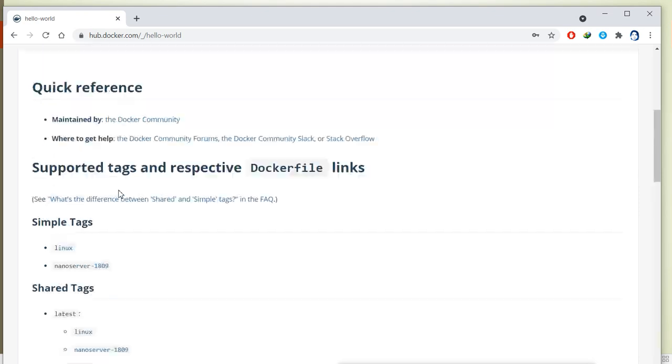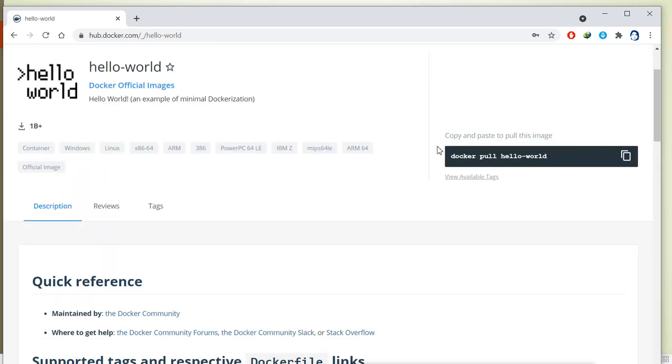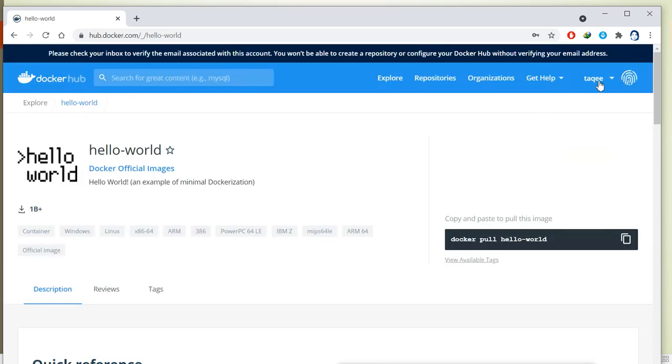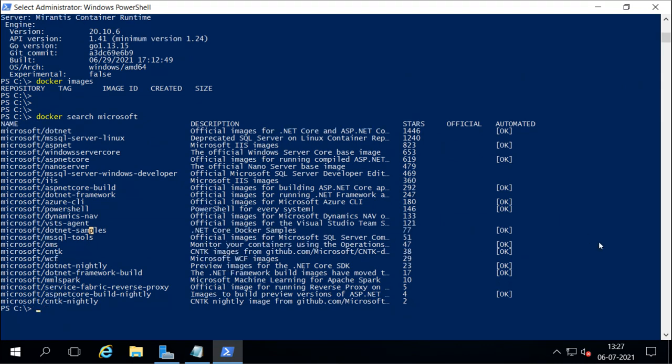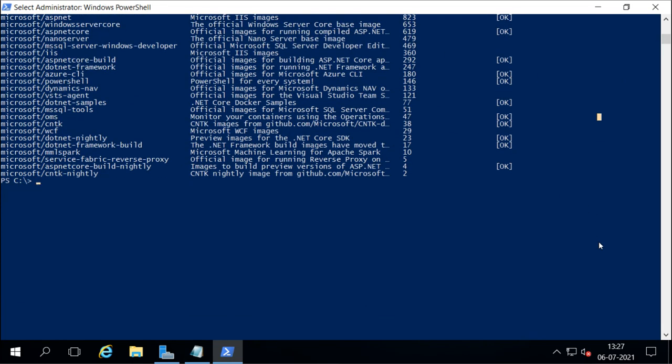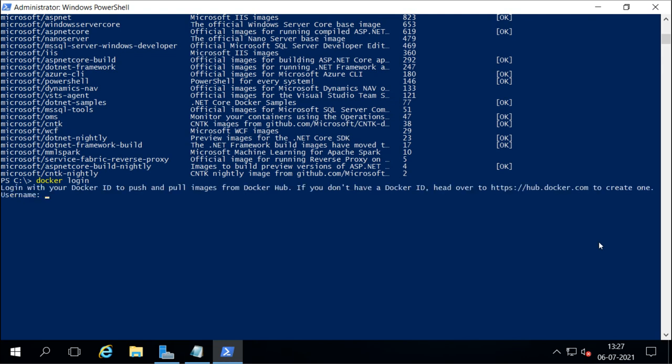For example, if I select hello world, it shows me the detailed information about it. These are the tags, the latest tag, and how you can pull it. You can pull it by running the command docker pull hello-world, naming the image, and it is going to pull.